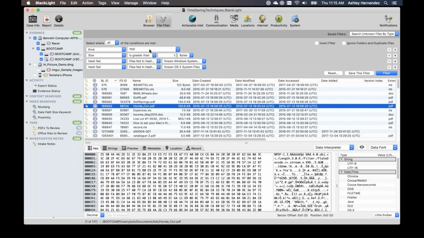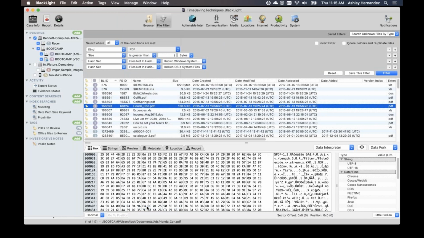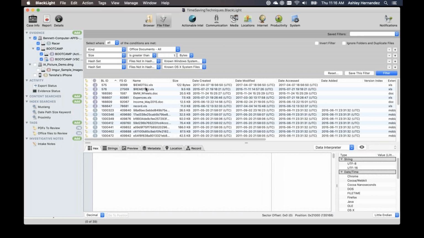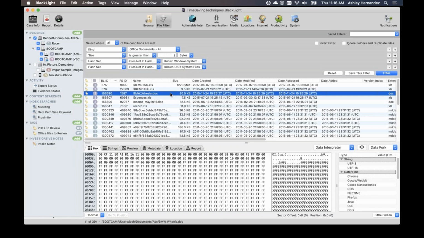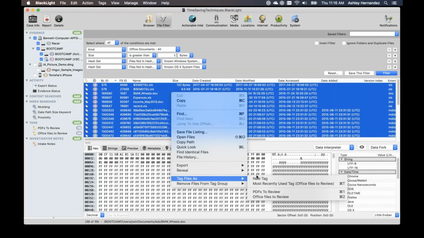I could also say we have a lot of these common things here. So maybe you're looking at an image-based case, or you're working a case where you're looking more for documents. Here I've got Office documents, which are separate from PDFs. I could filter for those. And that would allow me to look at just the 39 documents that are not part of the known set. Again, I can highlight all of these and choose to tag files and mark them as tagged.